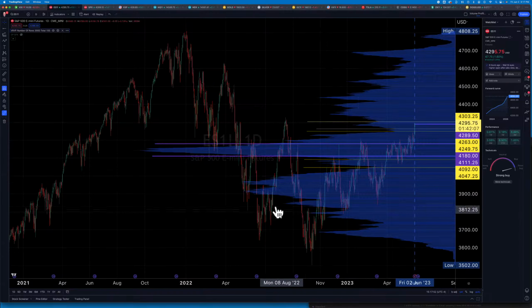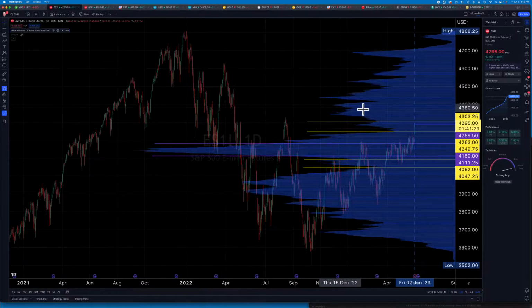You can almost look at this as being a mountainous range, and the valleys inside the range like vast desert-like plains, right? And in those vast desert-like plains, you want to move fast because it's hot and you're going to get stuck there. You don't want to get stuck there, so you want to go from one area of value to the other. That's another way you can look at these nodes, as areas of value. When you get out of one node, you're searching for the next area of value, and you quickly move. That's why it moves quick. There's less liquidity when you get out of a node, and you search for the next node.